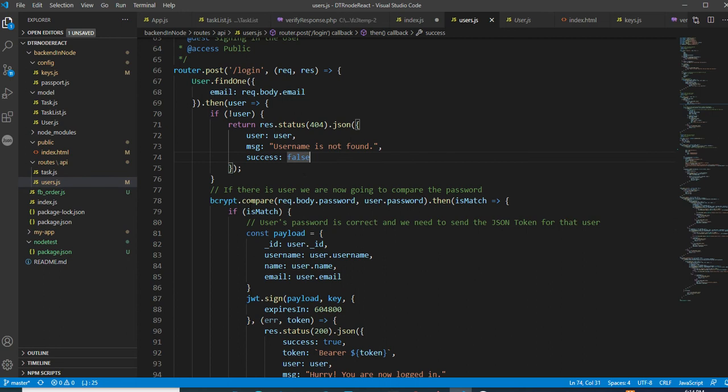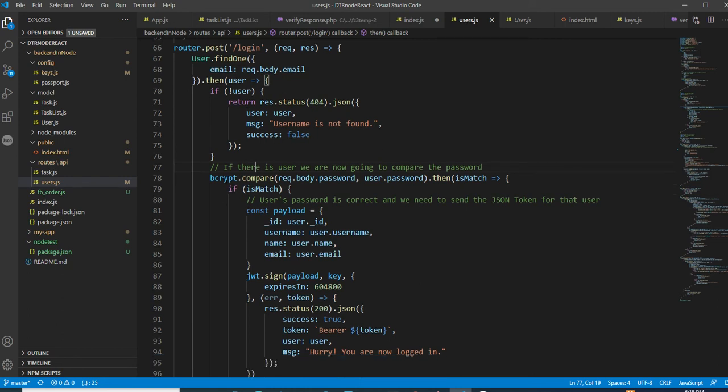Okay, and now if everything is all right, it means the user is found, then it will execute the next one, because it will not return. So the next code will execute. If it returns, then the next code will not execute, but it's not returned. Suppose the user is found, then bcrypt.compare, req.body.password. It means you got a password. bcrypt is the one library you have utilized.